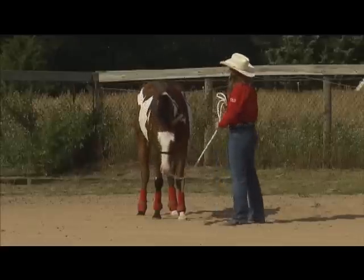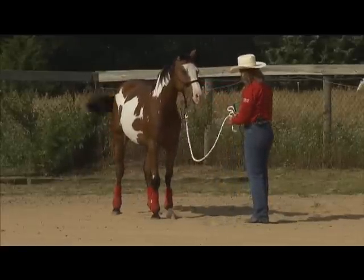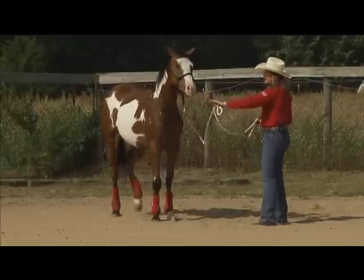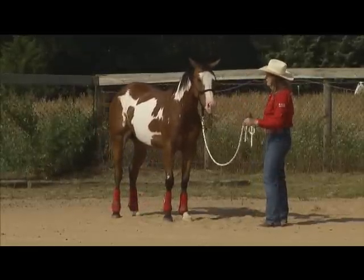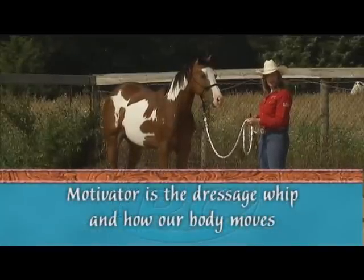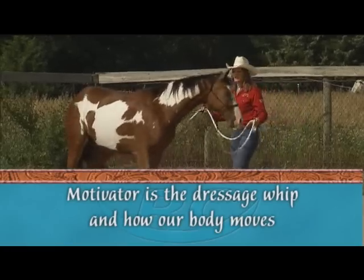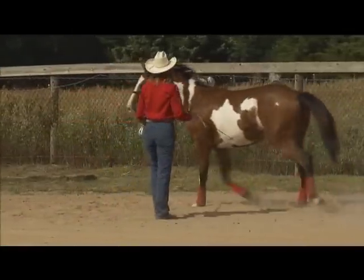All right, so as we step back here for the go forward cue to start this engine, we want to think about our spots. We need this horse to go to the left. Our spot would be our horse's nose. Now our position is very important, okay? Our motivator is our dressage whip and the way our body moves. So we're going to step to the right, raise our dressage whip, and ask for forward movement. Now, as the horse moves